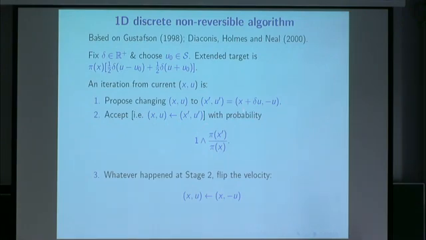If I propose this change, I go from x with speed u to x plus delta u with speed minus u. If I accept it, then I'm now here. And now I'm going to flip the velocity, so I end up at x plus delta u and my velocity is still u. So that's saying from here with this speed, I'll propose here with this speed, then I'll flip if I accept it. So I've just moved, and I'll just keep doing this over and over.